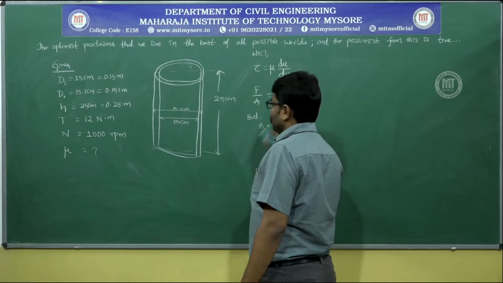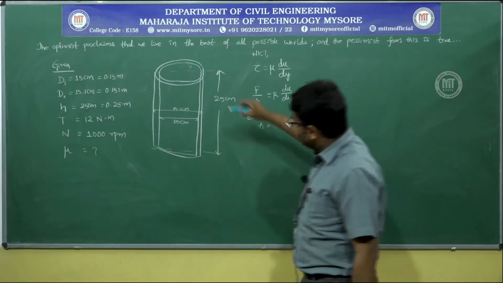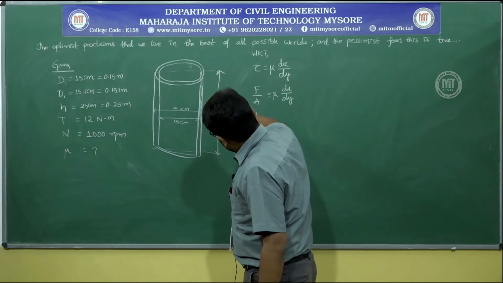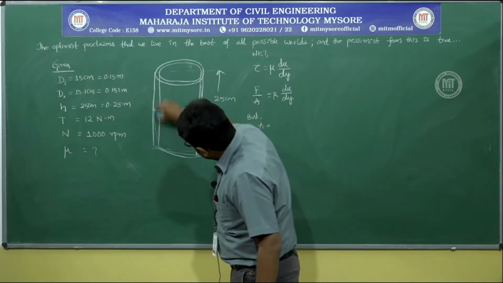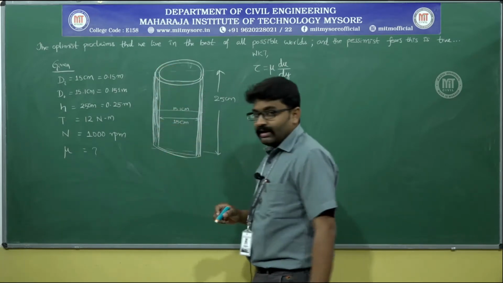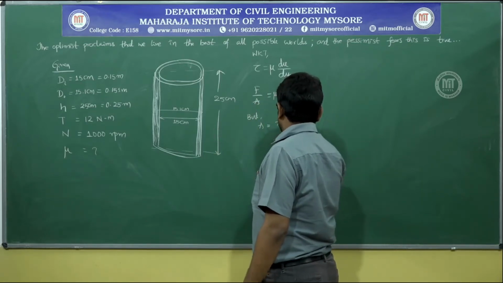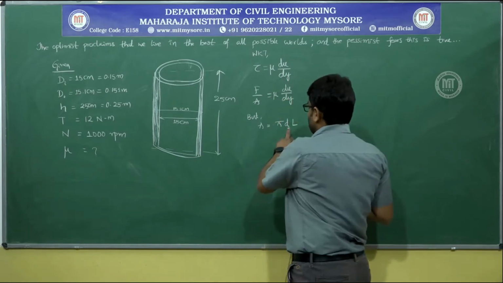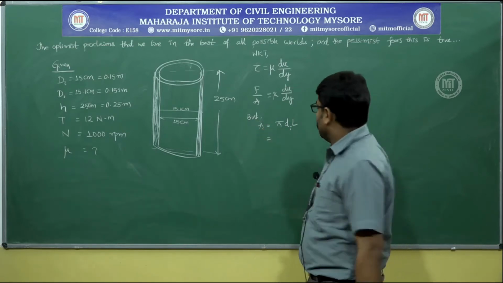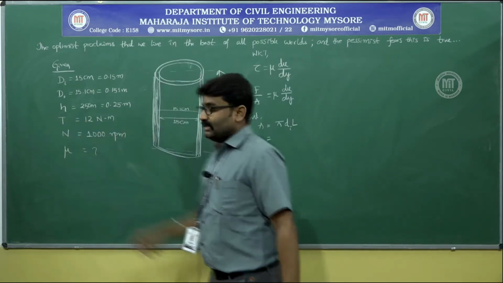First, I will take up A. Area is equal to, what is the area that you will have to take? You have to be careful. Again, I am telling you, it is not the cross sectional area that you will have to consider, but the area of the cylinder that is in contact with the fluid. How do I calculate? It is circumference multiplied by length. So, I will write this as pi d into L. Pi d is nothing but d inner, because the inner cylinder is rotating. Here L is nothing but height, but what I have written here as h is L here.